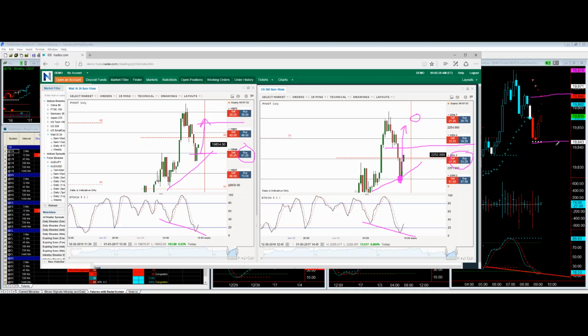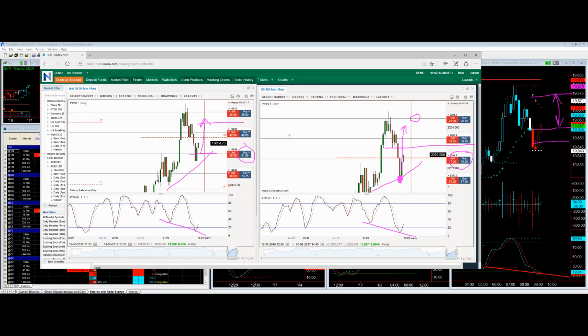because it's every 12 points, I believe. So you would have got this one at about here. Do you see there's not a lot of room here? There's only one strike, okay? That's going to be your issue on the Dow.